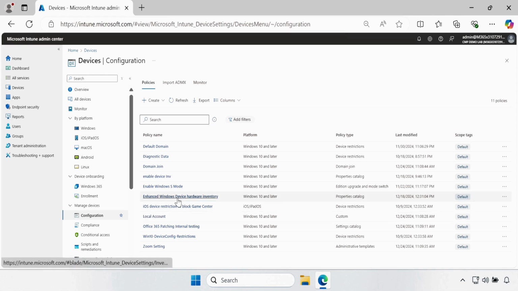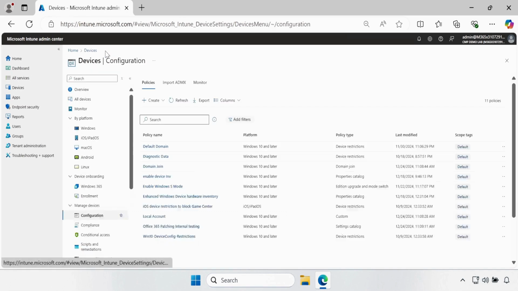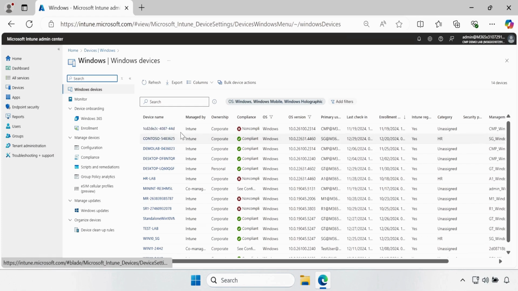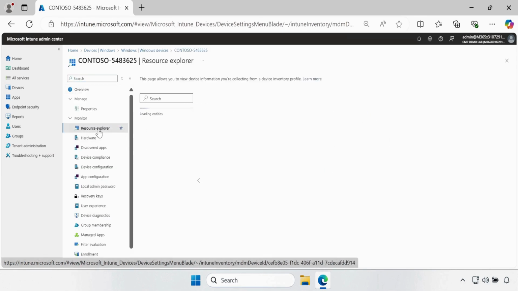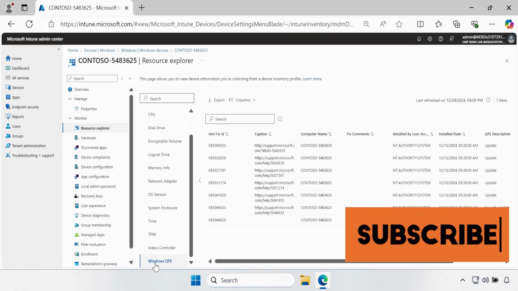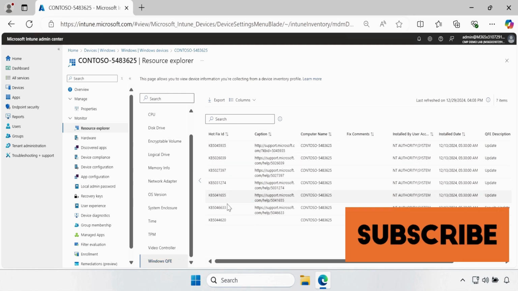And if I open this Enhanced Windows device hardware inventory information, we can see that this policy is applied on 7 devices. And now what we have to do is go to Devices, and now we have to select the device against which we want to see the Quick Fix Engineering information. So let me select the device, and then we have to select Resource explorer, and within Resource explorer if we go down and select Windows QFE, we can see all the updates installed on the device and